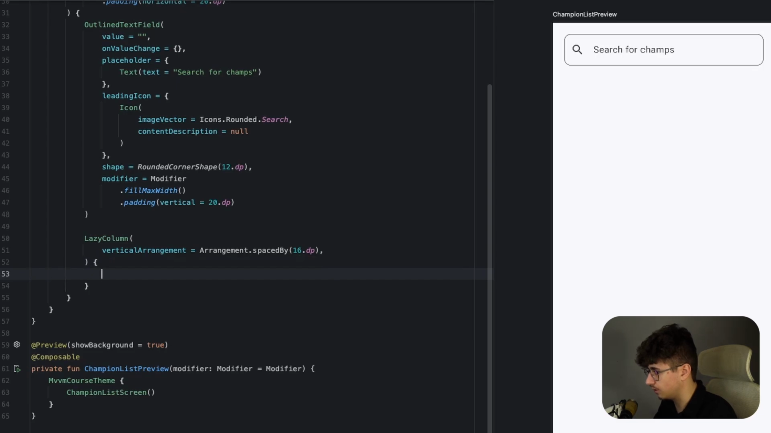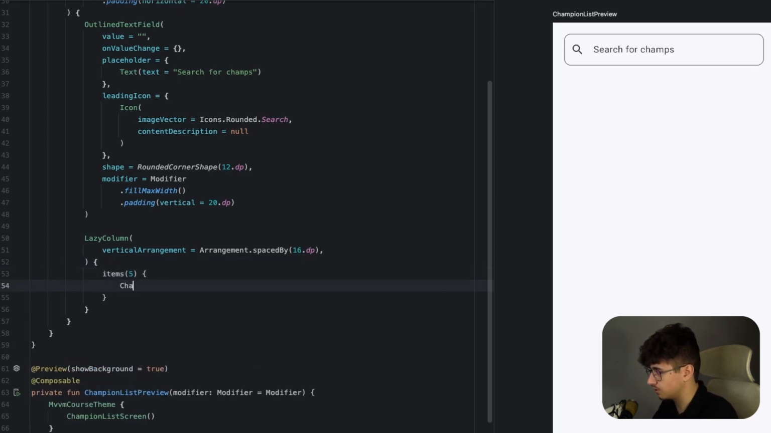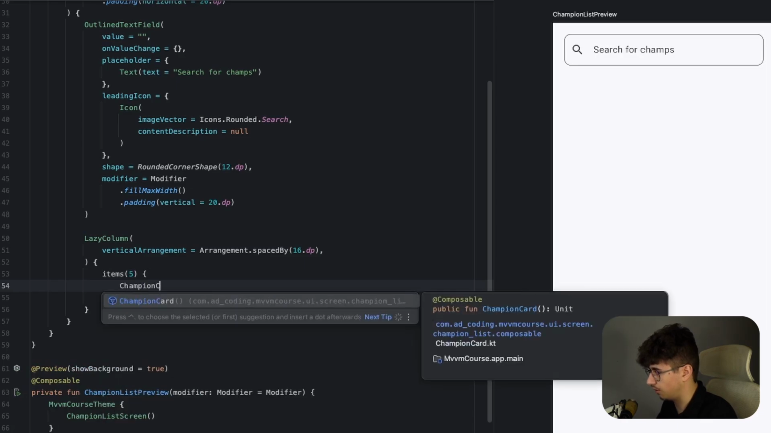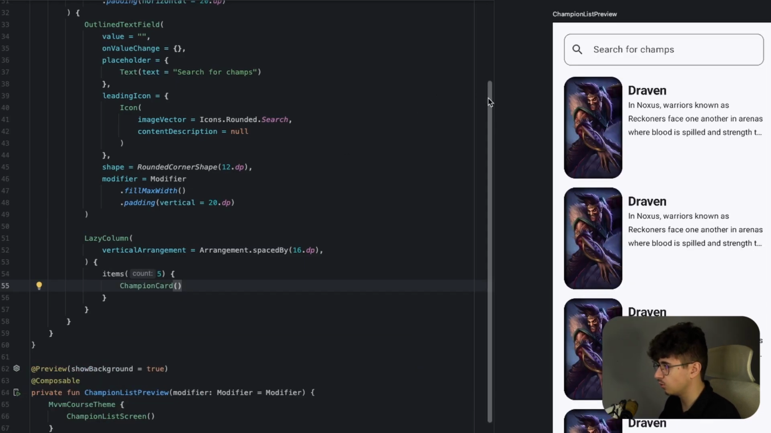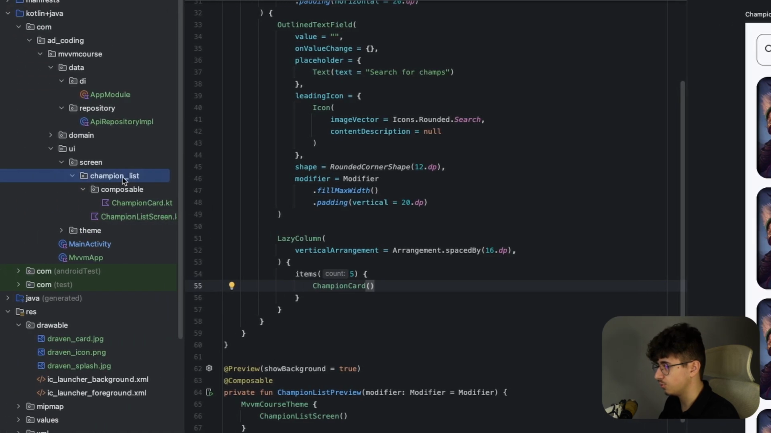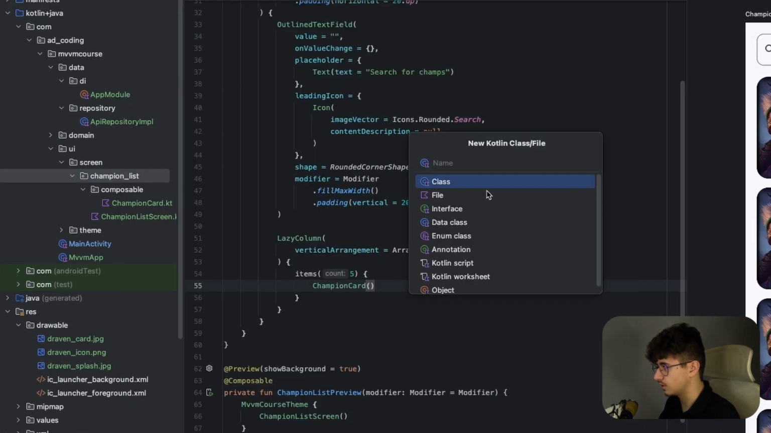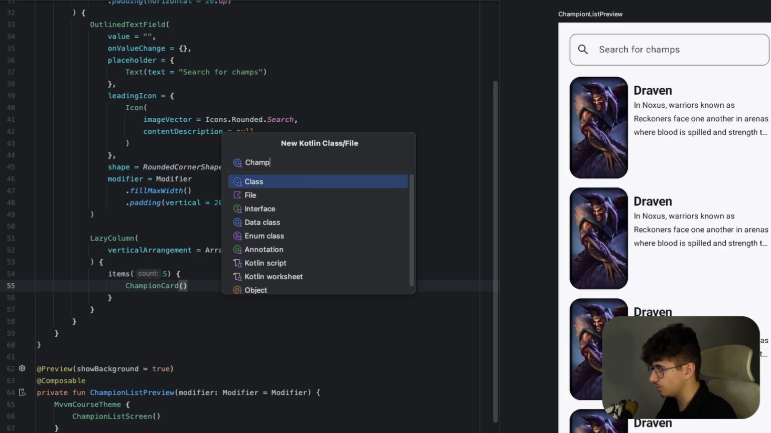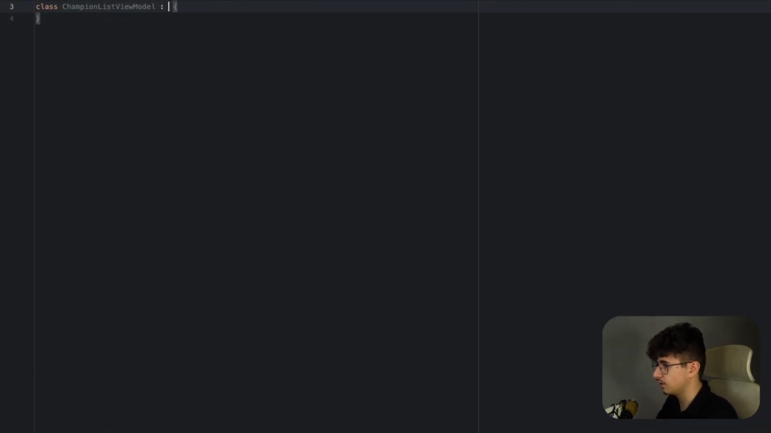And now we can iterate, for example, with 5 champion cards. So let's say champion card, and this is how it will look. And now we can continue by creating the view model. So click on champion list, new Kotlin class file, and let's say champion list view model, and inherit from the